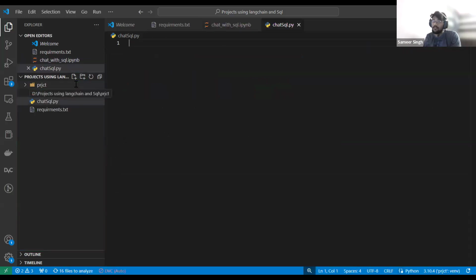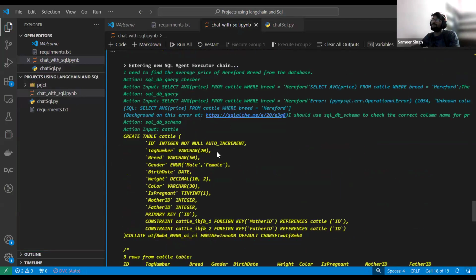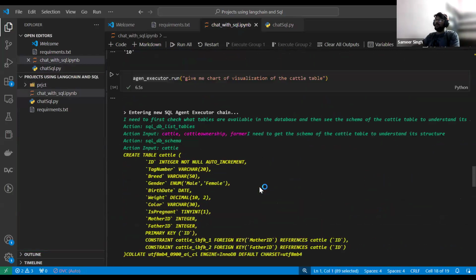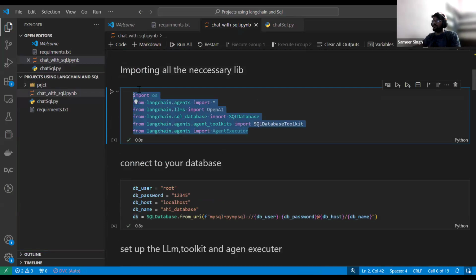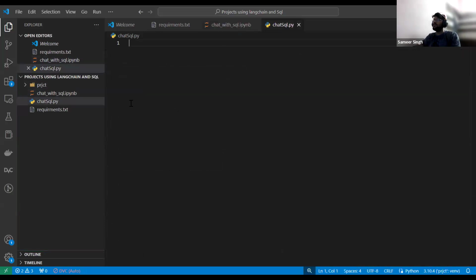So this is the Python script, guys, right? So the very first thing we need to do is import all the libraries. So let's write a comment: importing the library.